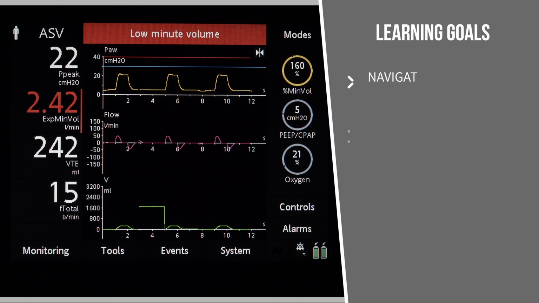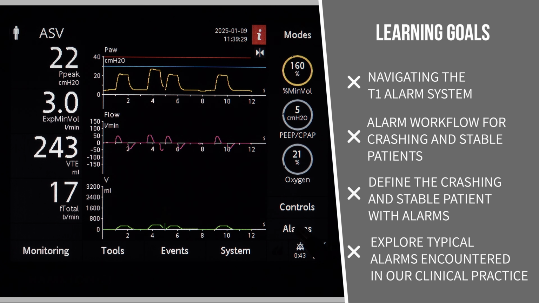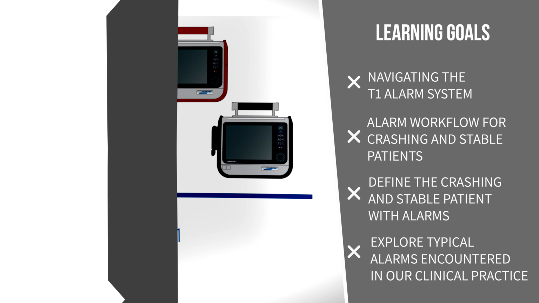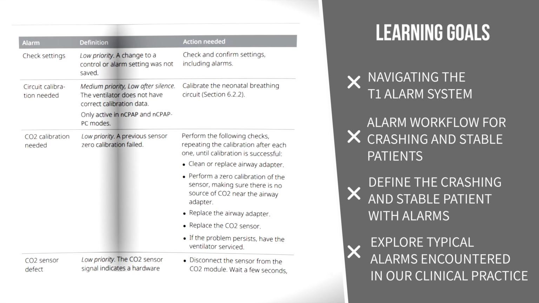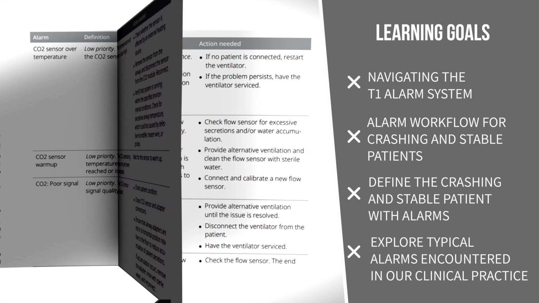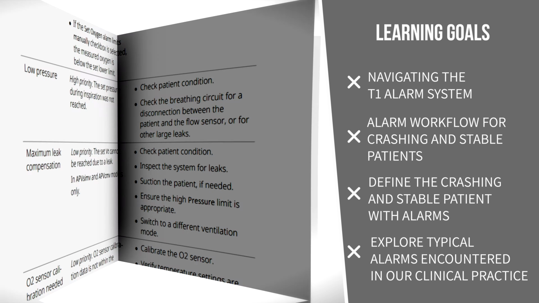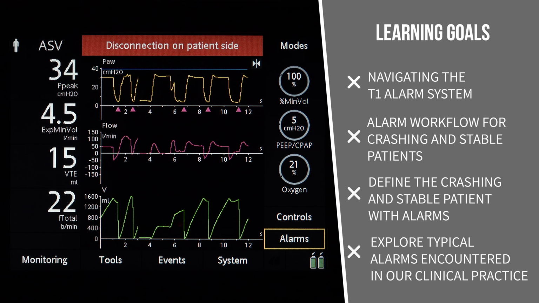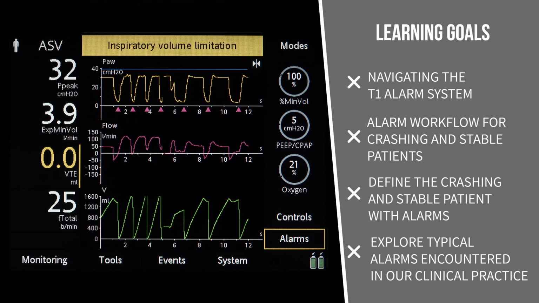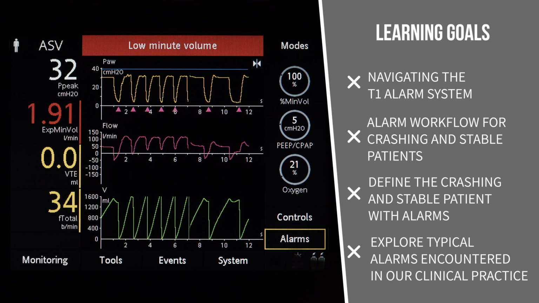The learning goals for this module are navigating the T1 alarm system. The T1 manual includes over 90 alarms with varying priorities, making it impractical to cover all potential solutions in this course. Instead, we will concentrate on equipping you with the essential skills and knowledge to efficiently assess and manage any alarm